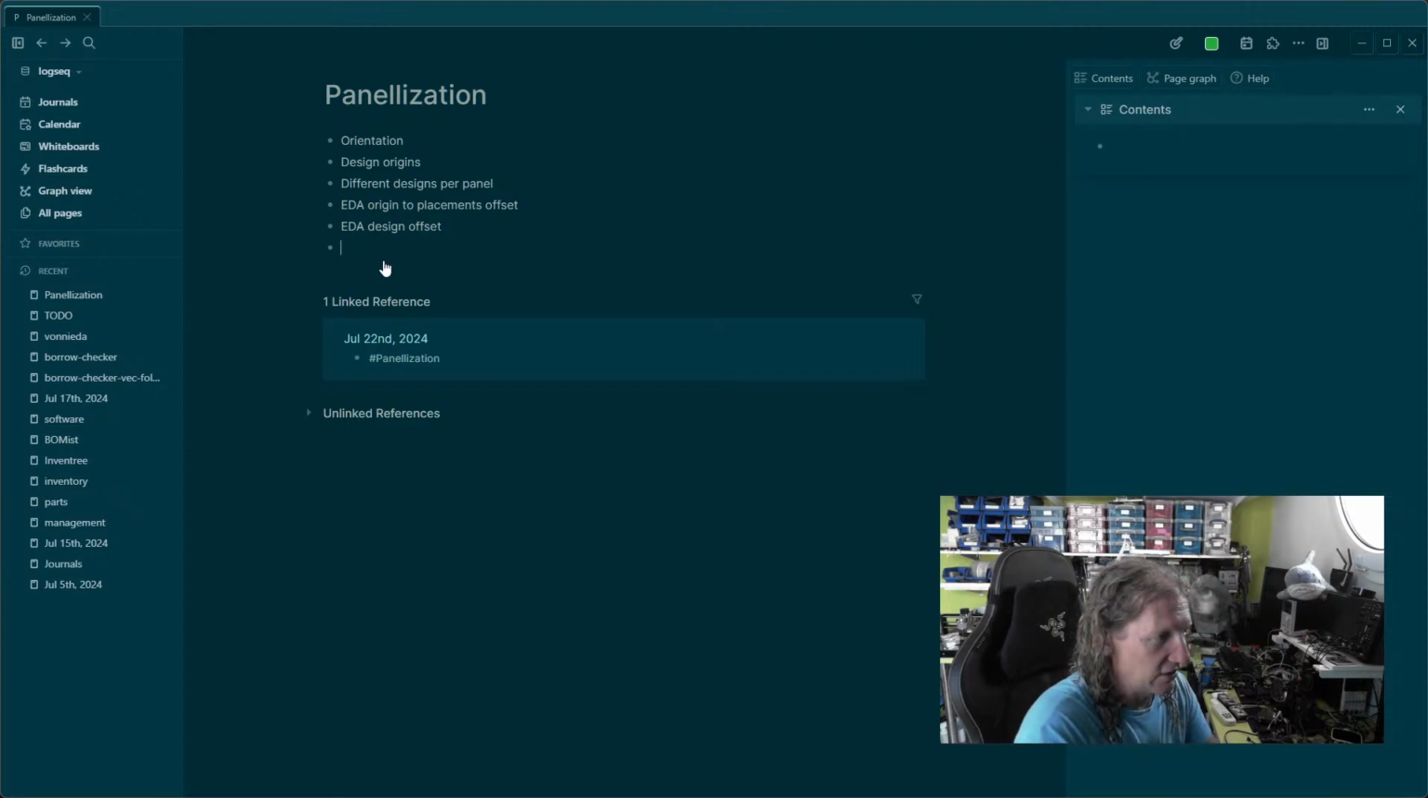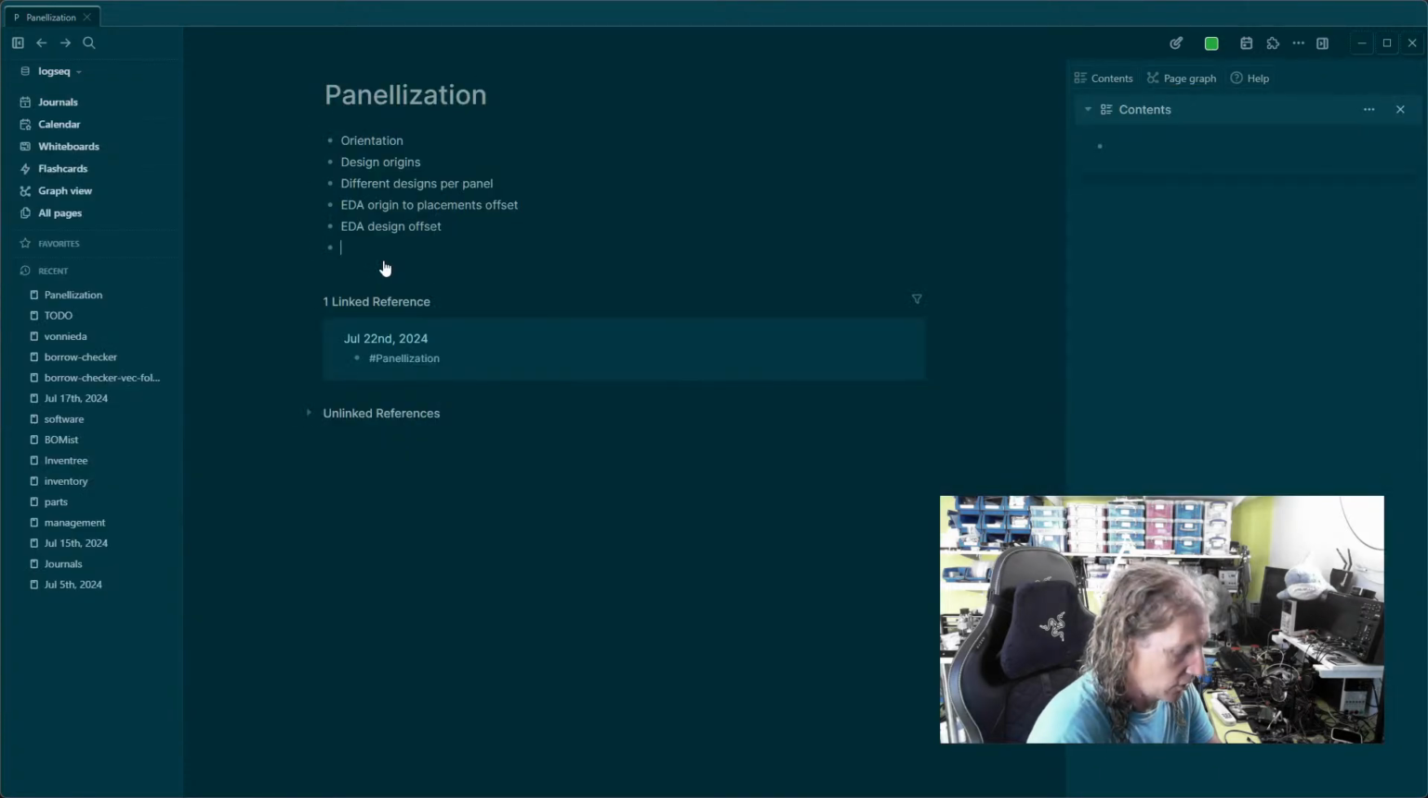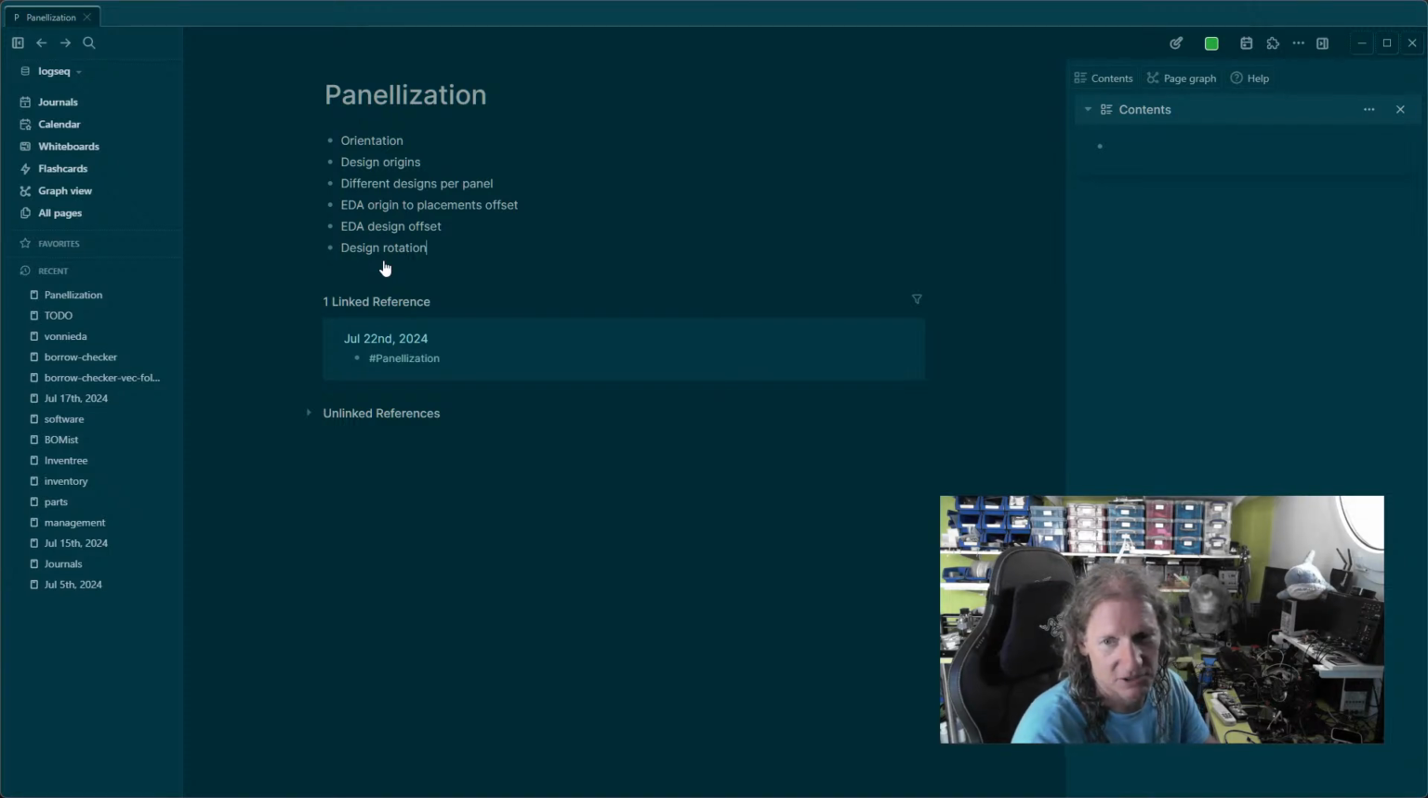So design offsets, right? So these are some of the things that we need. What else do we need? Oh yes. Okay, so we've got design rotation. And then for rotation, there's a bunch of different ways of rotating an entire set of coordinates. Like, what's the rotation center? And various rotation related